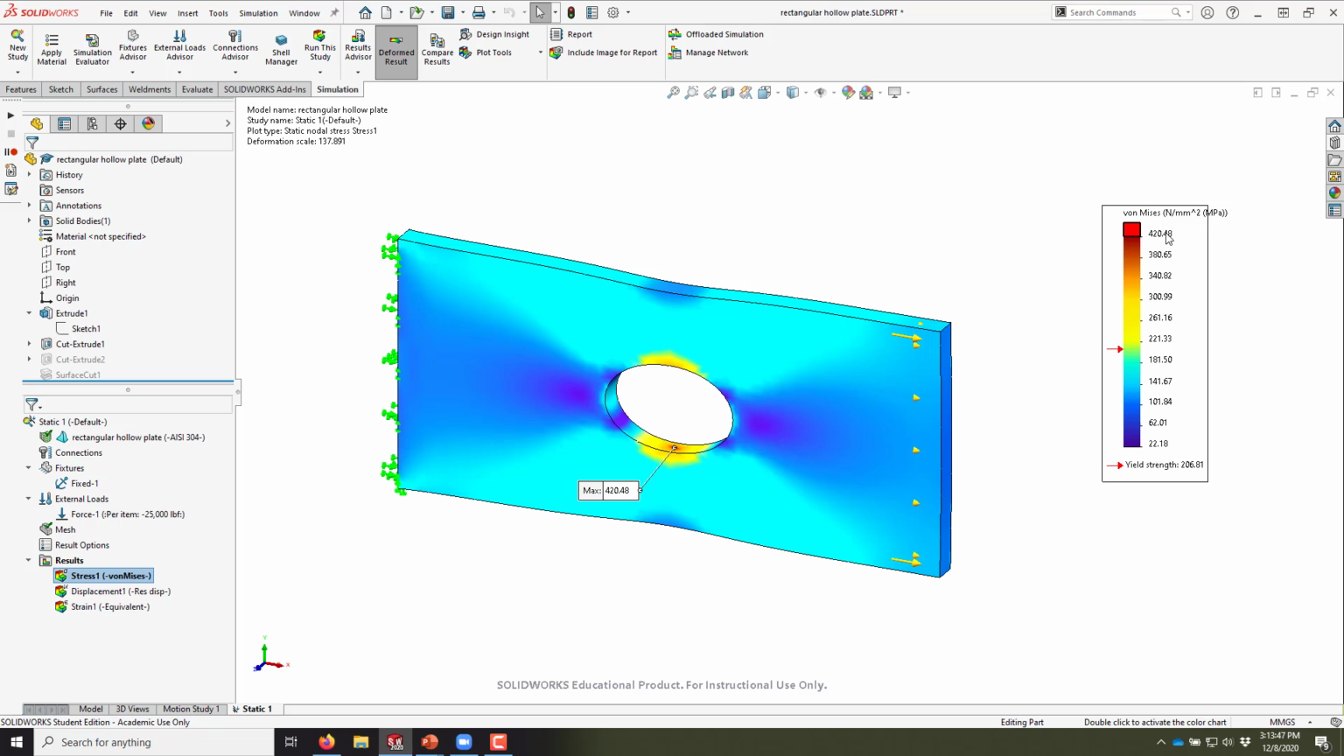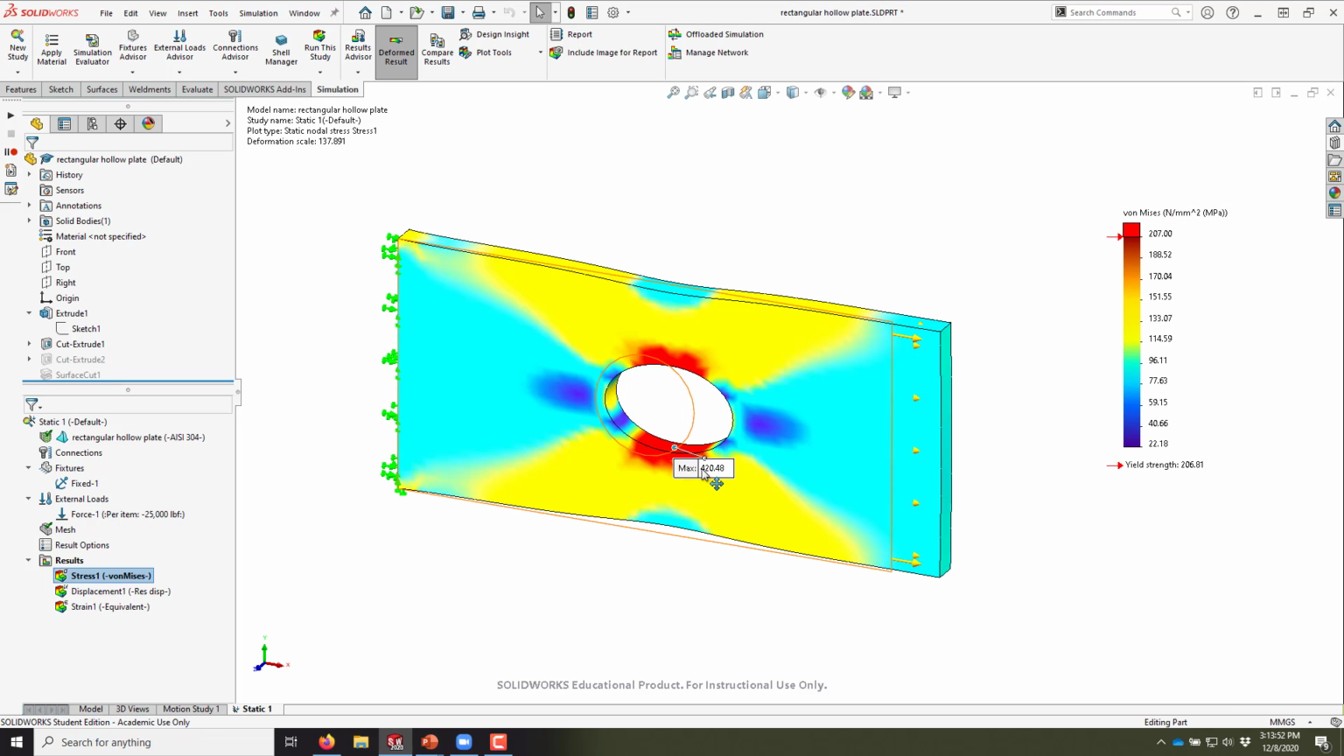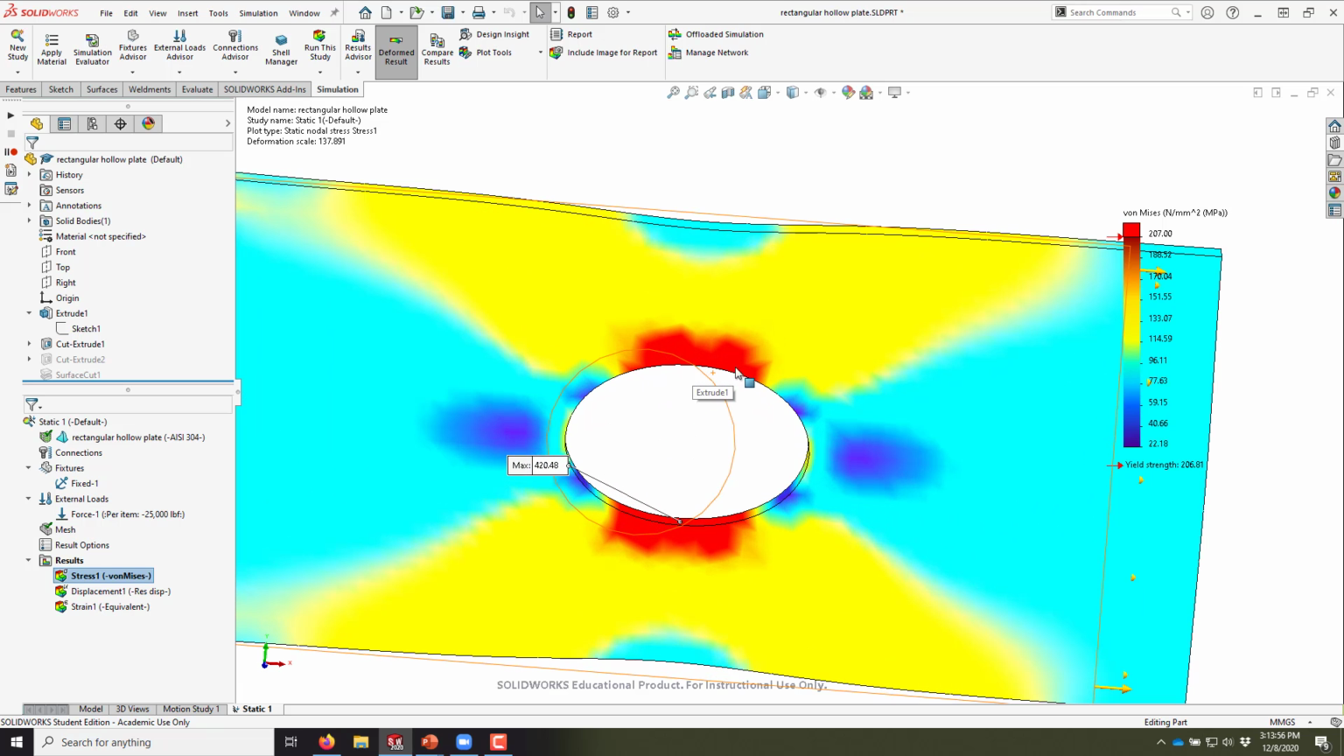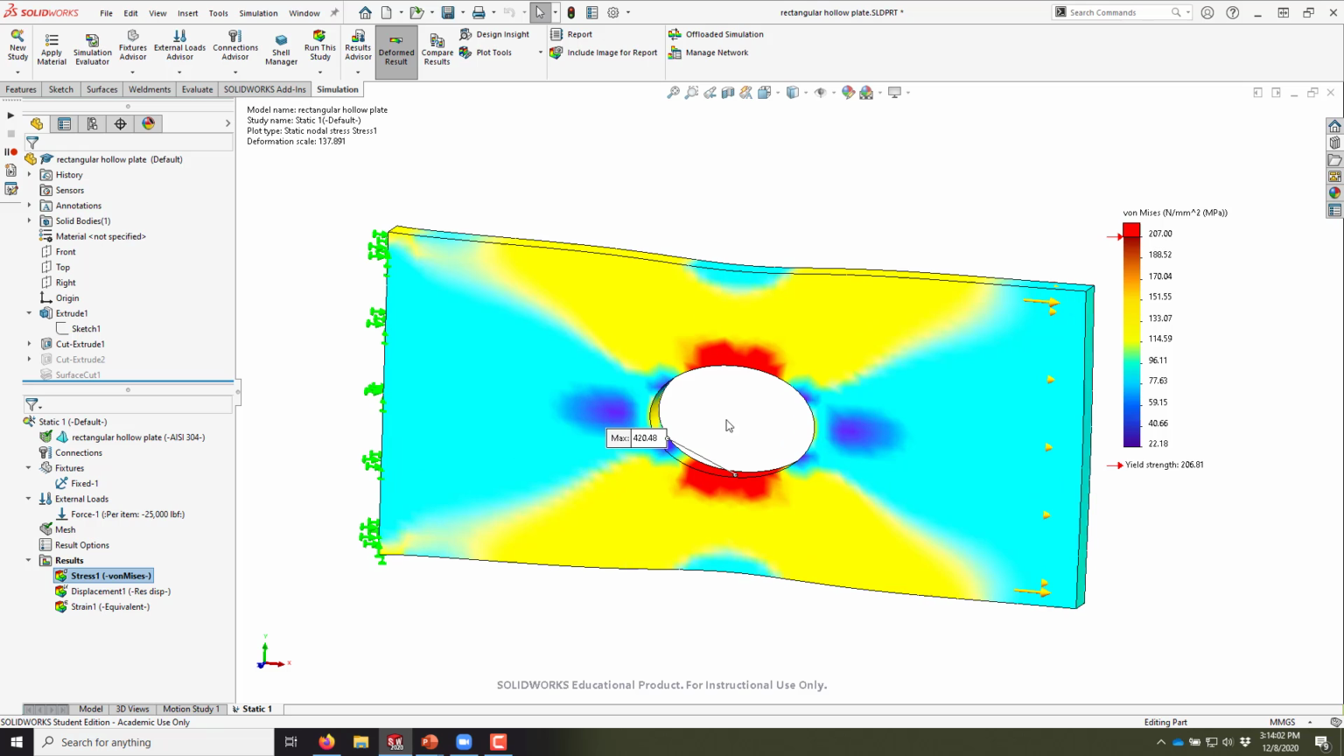What I'd like to do here is maybe change this peak number to 207, so that way we can see exactly how bad this thing is. And really it looks like we're going to have a yield region right here, if not a little bigger than that. It's going to be yielding locally, but it doesn't look like it yields all the way through the thickness. So it looks like it's going to be able to hold that 25,000 pounds, but we're going to have some